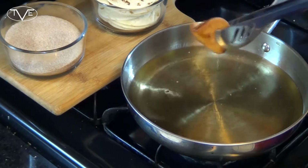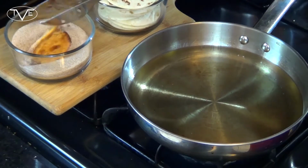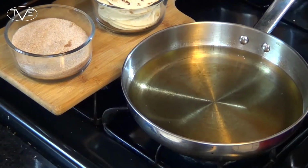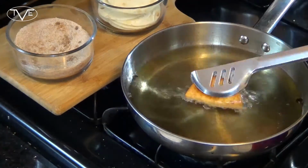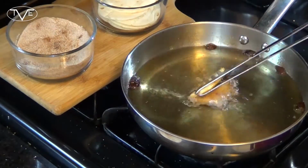Once it's done frying, I'm going to take it and dip it in that sugar and cinnamon mixture. And there you go. Then I'm going to set it aside. I'm going to go ahead and cook the rest of these. So now that our taco shells are all prepped, ready, and cooling down,